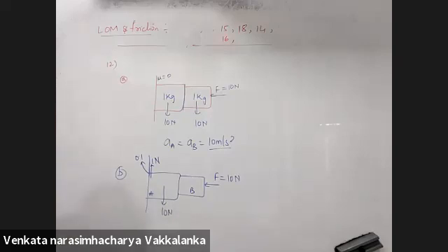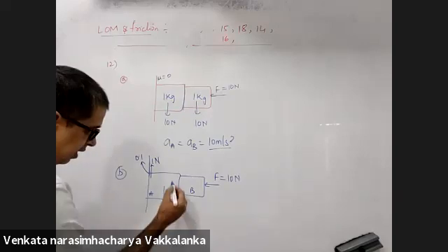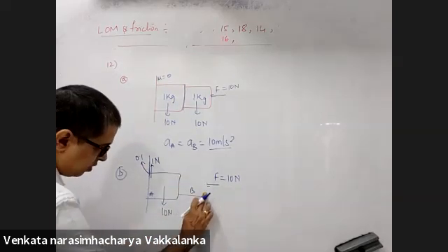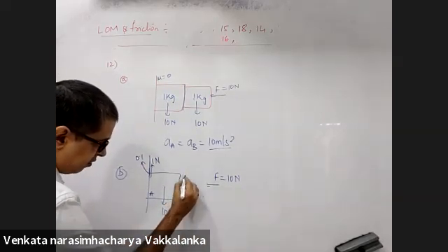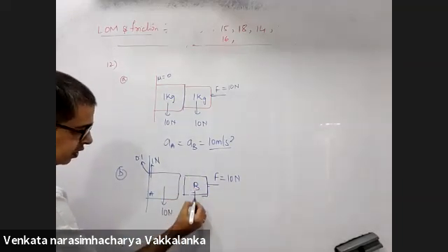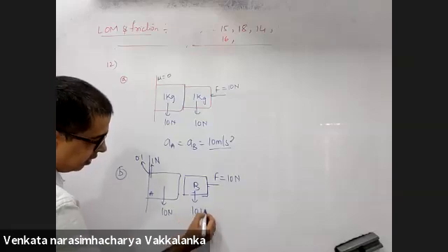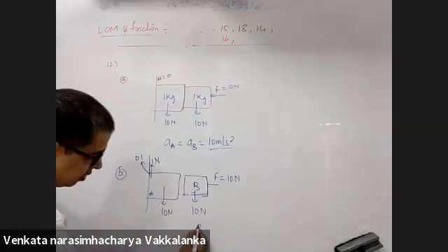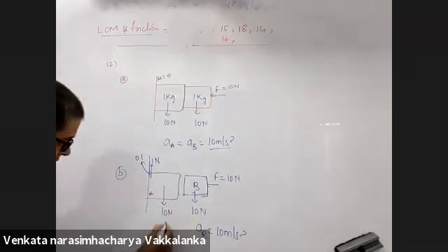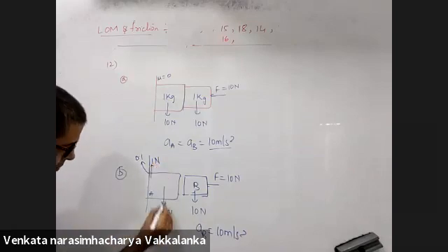Now, acceleration of A. Here it is smooth. I'll slightly split the diagram here itself for you to visualize. Here there is no friction. Here it is only 10 Newton in the downward direction. So acceleration of B will be 10 meter per second square. Acceleration of this A will be 10 minus 1 by 1, 9 meter per second square.